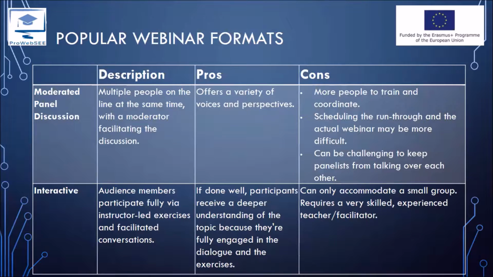The fourth type of webinar format is actually related to the participation and engagement of the audience in the webinar session. This is the interactive webinar, where audience members participate fully via instructor-led exercises and facilitated discussions.